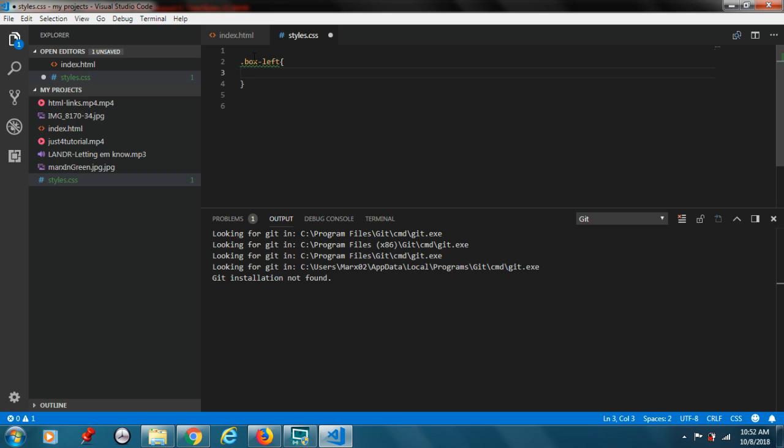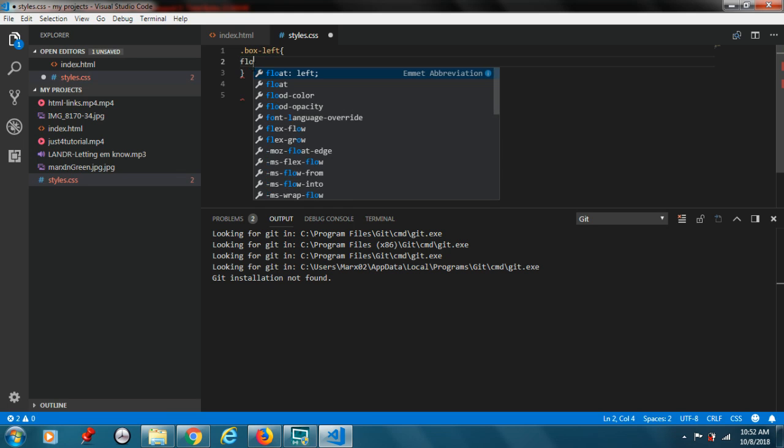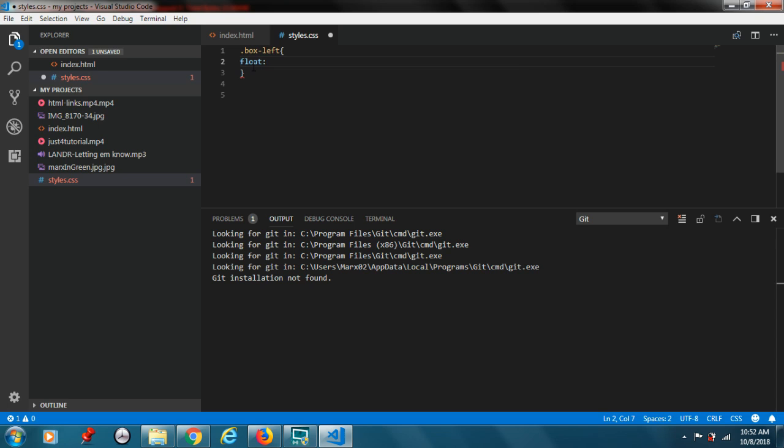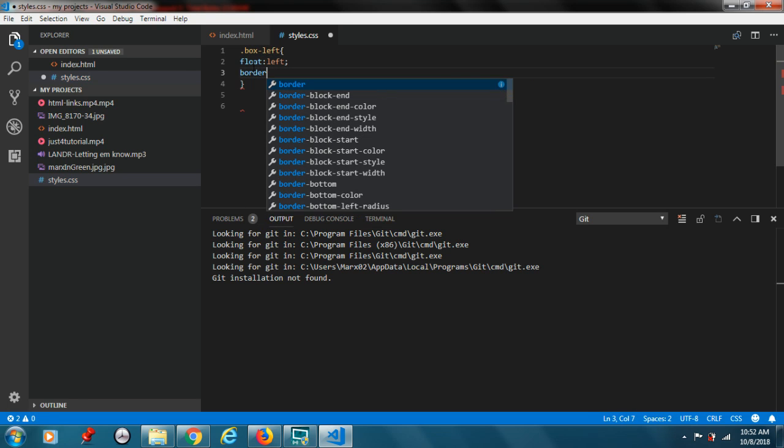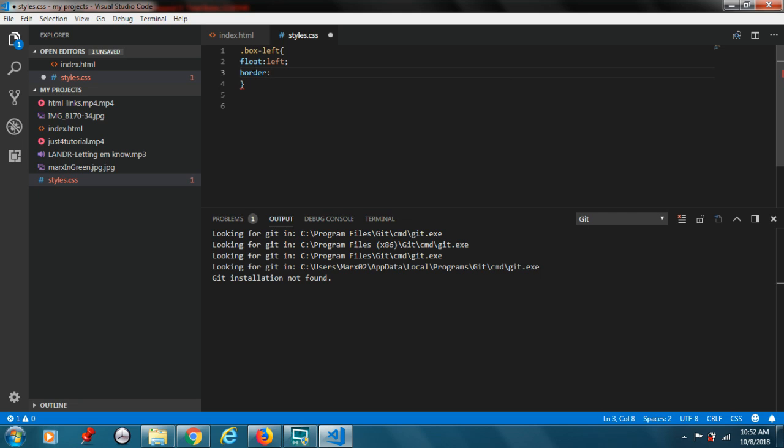you could do float to the left. I'm also going to give it a border, 5 pixels, solid, and I'm going to make the color green. Then we got box to the right,